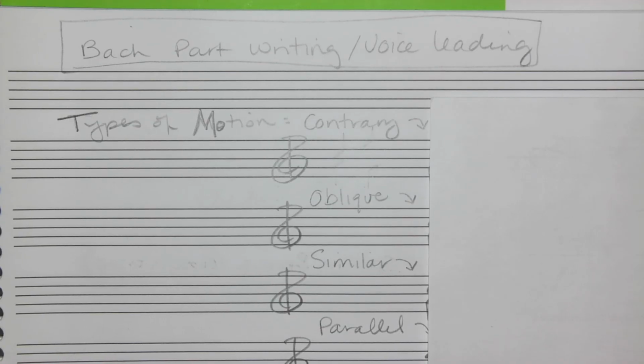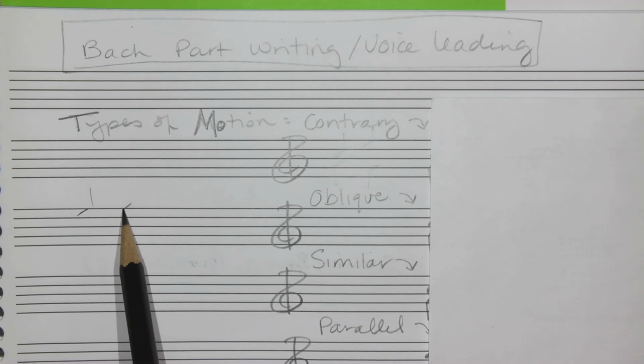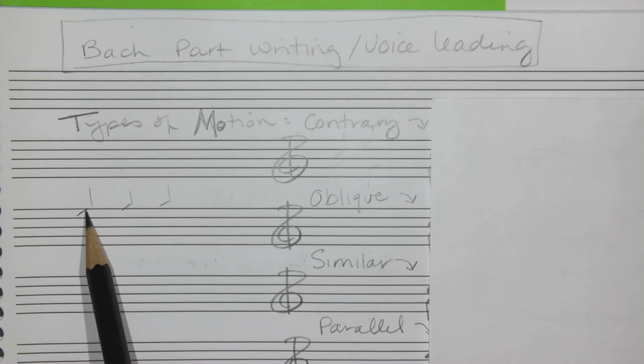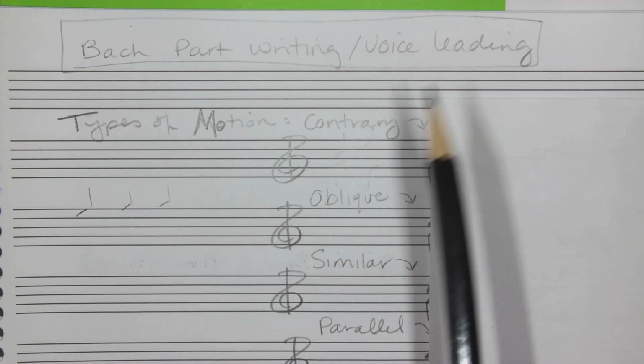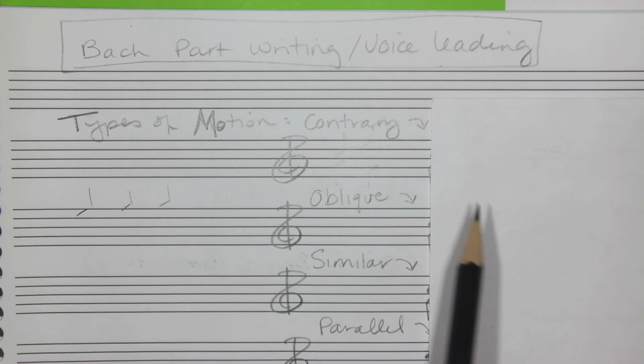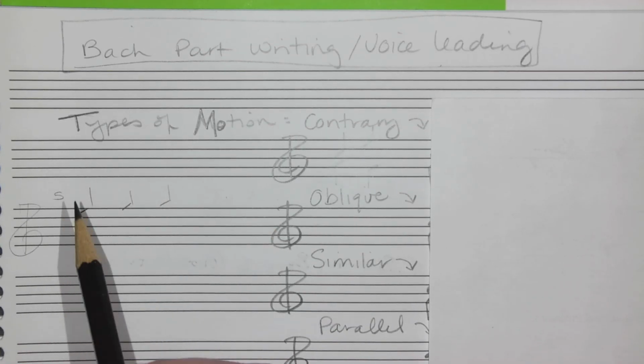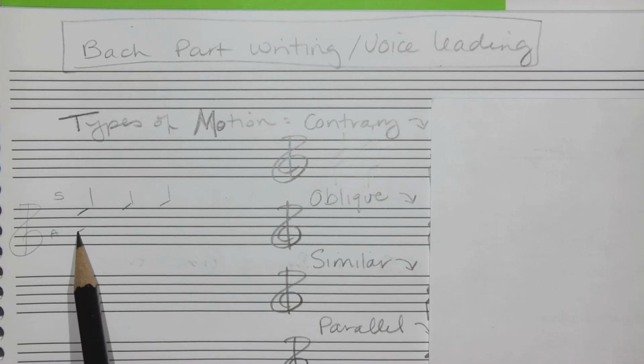Okay, so this one lines out almost all of the rest of the things that we need to worry about. So one of the things we're going to talk about is type of motion. Now, the types of motion that we're talking about are note to note. So when we're talking about any single voice, like this, this is stepwise motion. But now that we're part writing for multiple voices and we have to worry about how one voice is related to the other, these types of motions are how this voice, in this case soprano, relates to alto